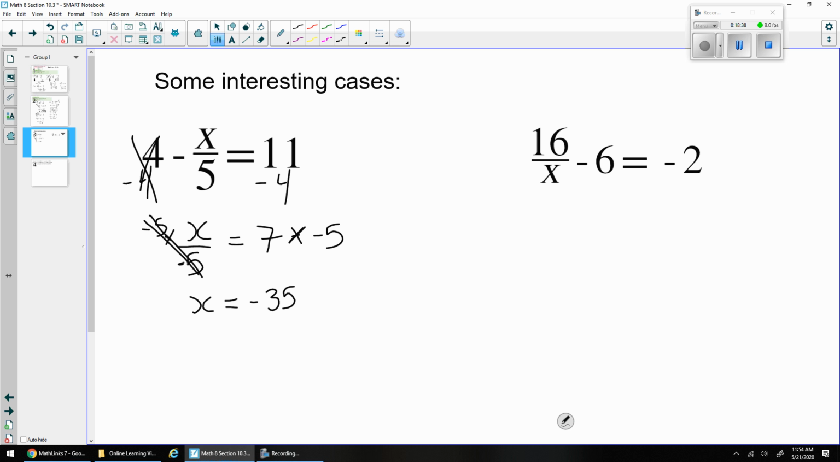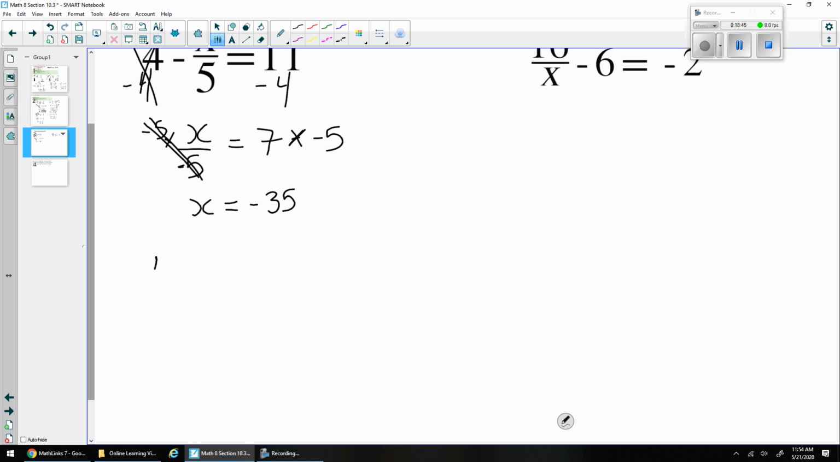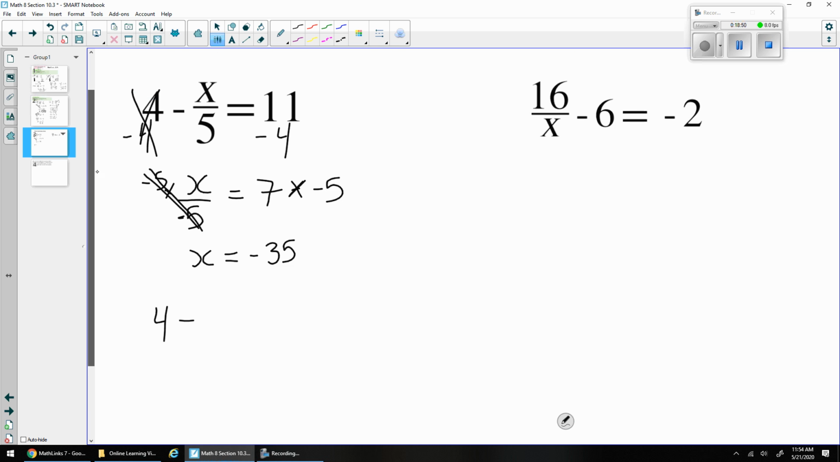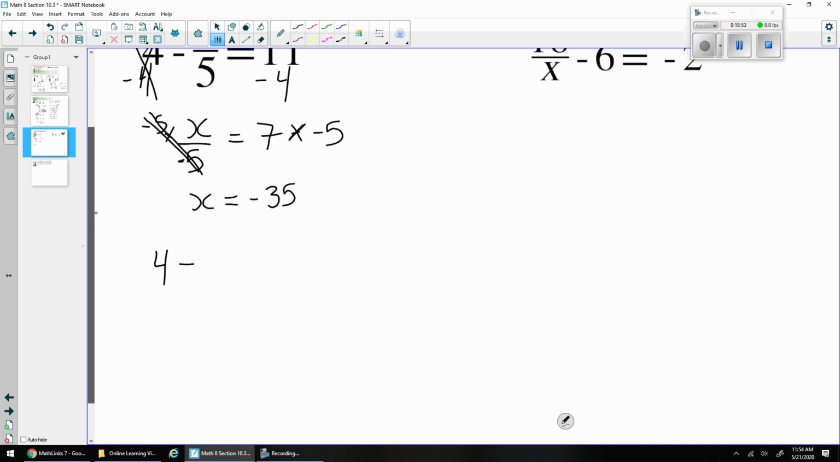If I replace this x, let's check my answer. Because did I get it right? I'm pretty sure I did, but let's double check. So 4 minus x is equal to negative 35. So I have to put in that negative 35 where I place x, divided by 5 is equal to 11. So negative 35 divided by 5. I have to follow order of operations now, so I'm doing the division first. So it's going to be 4 minus negative 35 divided by 5 is going to be a negative 7